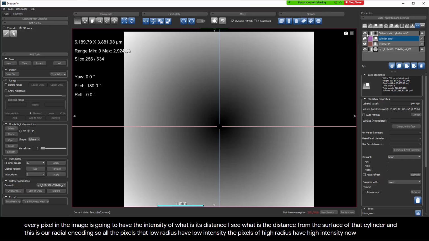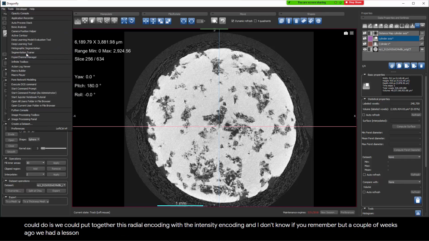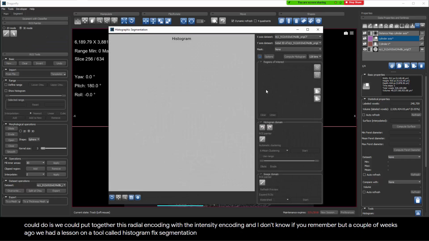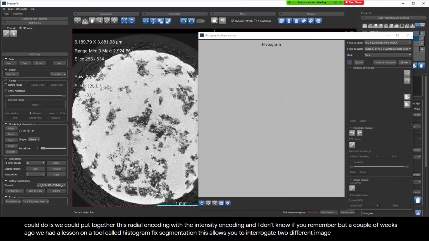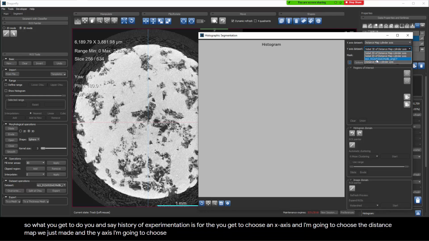Now, one thing we could do is put together this radial encoding with the intensity encoding. I don't know if you remember, but a couple of weeks ago we had a lesson on a tool called histographic segmentation. This allows you to interrogate two different images at the same time. So in histographic segmentation you get to choose an x-axis, and I'm going to choose the distance map we just made, and for the y-axis I'm going to choose my CT scan intensities. I'm going to tell it 256 bins, and I'm going to tell it to compute the